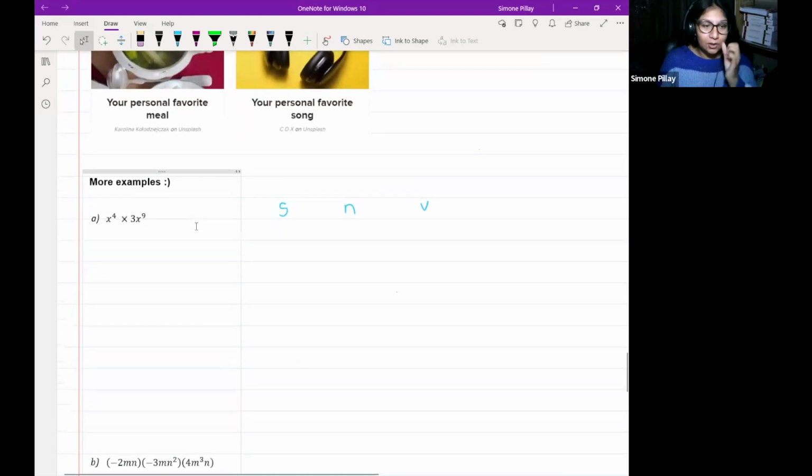So yes, looking at this, we have my signs. Firstly, my signs are positive and positive that are being multiplied, and that's going to give me a positive answer. Let's look at numbers. And remember, the same way that every